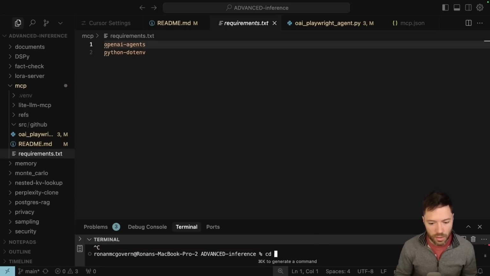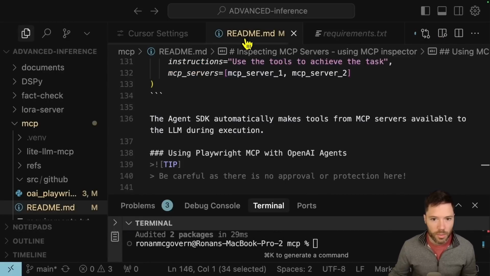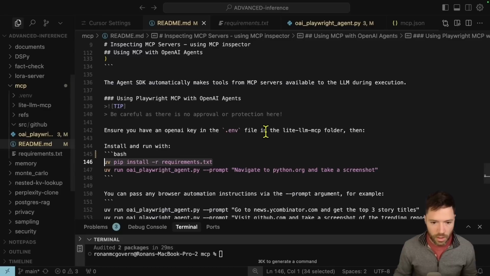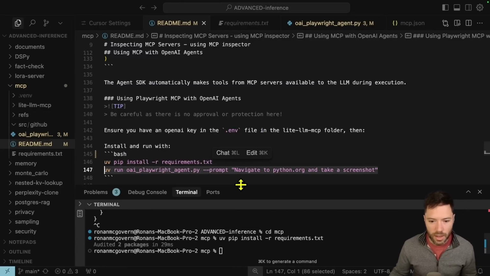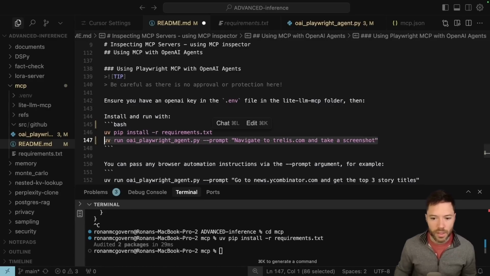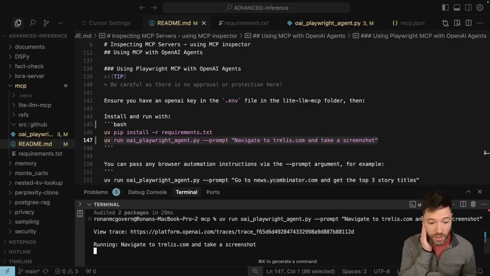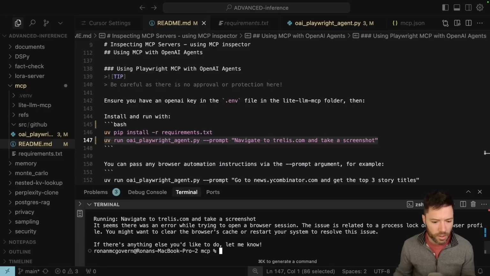So I'll just run this here from the MCP folder, increase my screen a bit, install the requirements, and now I'll run this command here. I'm asking it to navigate to trellis.com again and take a screenshot. Here, the agent should just be doing this in the background, so we're not going to see the browser pop up. We're also not going to see any approval steps. There may be a way to turn on approvals, but yeah,